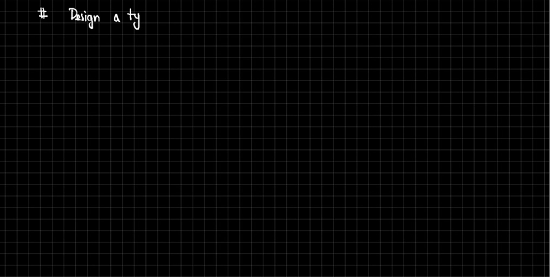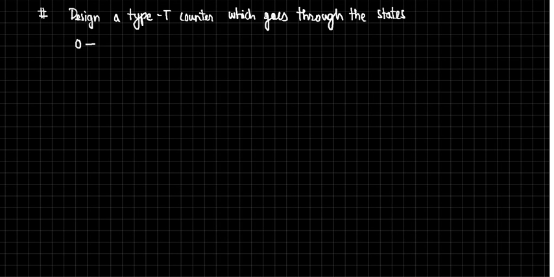Type T counter which goes the states like this: 0, 3, 5, 6, and back to 0, and so on. That means